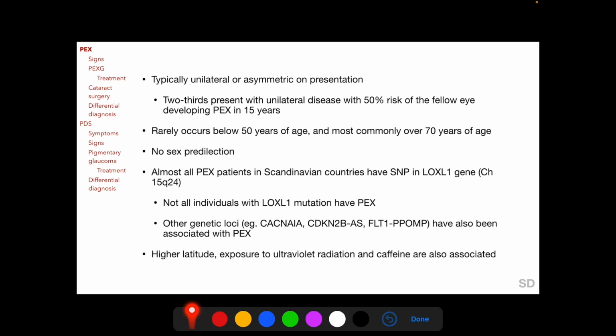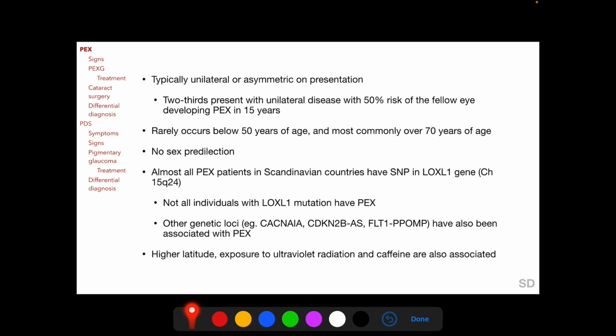Pseudoexfoliation syndrome and glaucoma does not show any sex predilection, and both genetic and environmental factors are said to contribute to the pathogenesis of this entity. And among genetic factors, almost all PEX patients in Scandinavian countries have single nucleotide polymorphisms in LOXL1 gene, which produces the lysyl oxidase like protein 1, and lysyl oxidase takes part in cross-linking of elastin monomers into elastin polymers in the elastic tissue. Interestingly, not all individuals with these LOXL1 mutations have pseudoexfoliation, and other genetic loci have also been